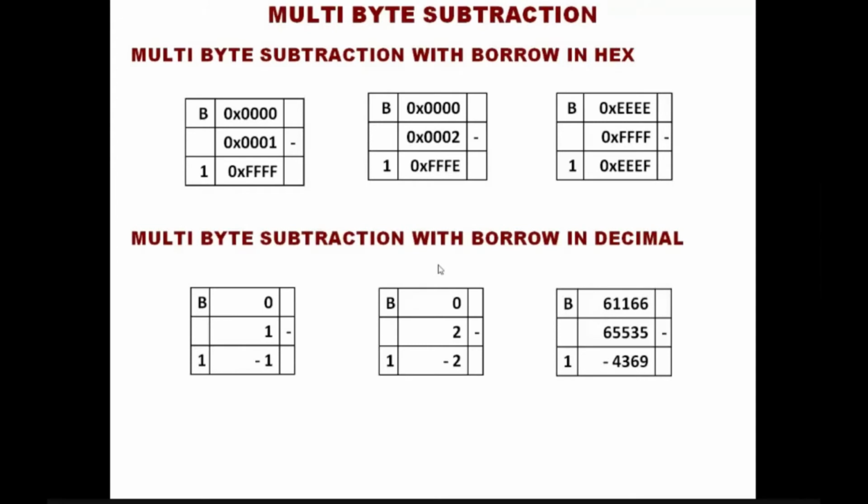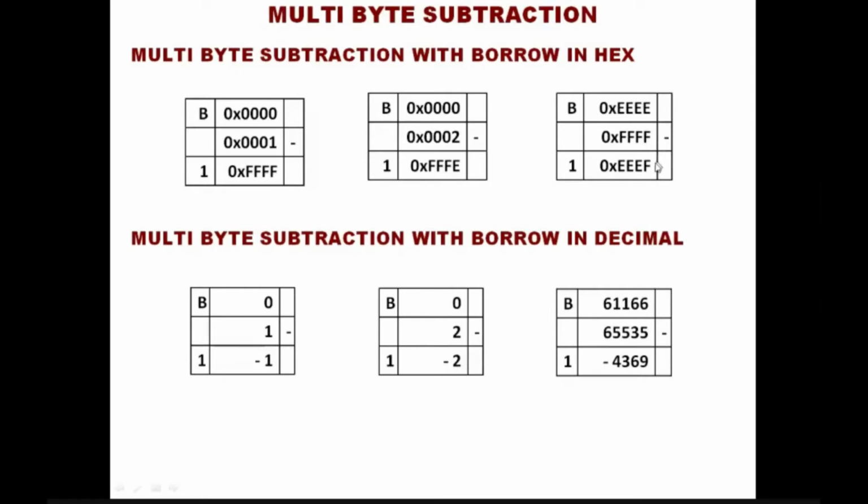So now you can see 0 minus 1 is minus 1. Now it is 16-bit. So all ones including the carry flag, that means the borrow flag. Earlier we have seen it in 8-bit; now we are seeing it in 16-bit. So 4 Fs is minus 1 because 0 minus 1 is minus 1. Similarly, 0 minus 2 is minus 2, which is FFFE, as we have seen right now.